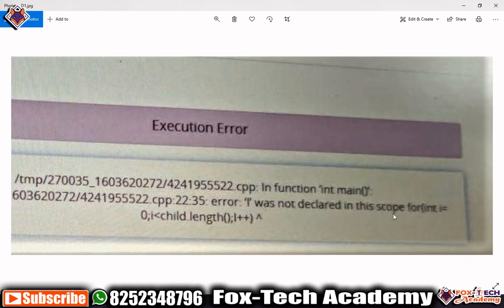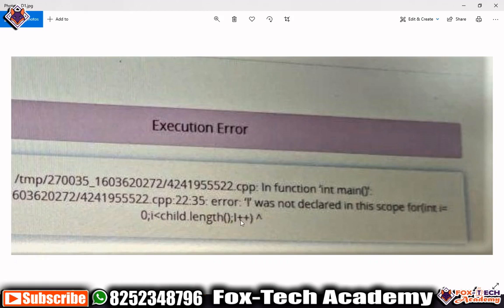So it means that somewhere we are using capital I, but we have not declared that I, or we have declared it outside the scope where we are using it. You can see that in this program they clearly declared int small i. In the for loop they have created a small i, but after that, in the incrementation part, they used capital I.